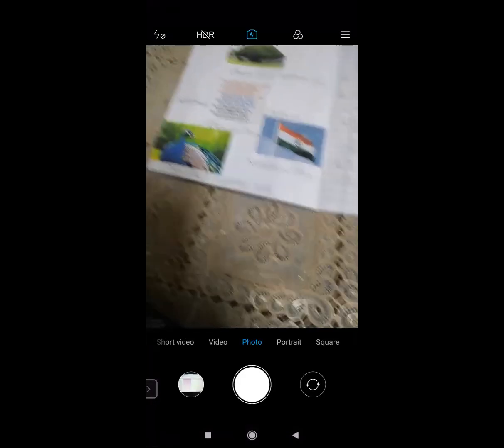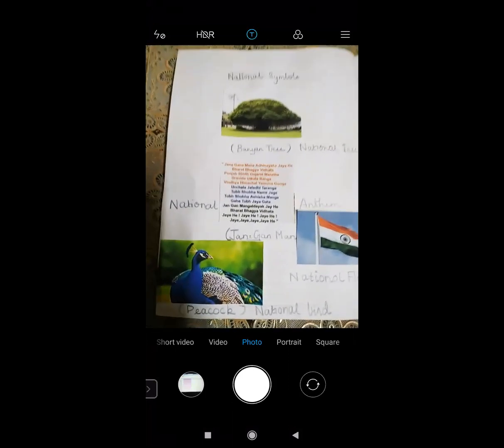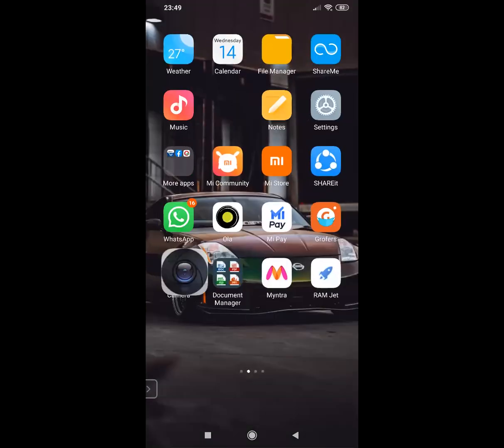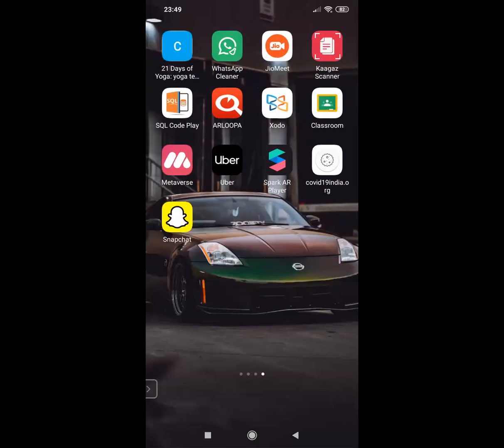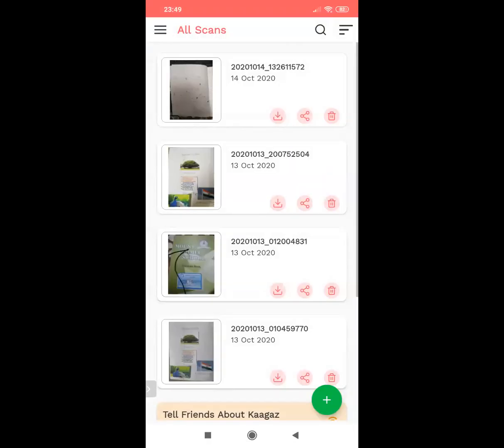and here you can see that there are a few pages which I am seeing. Okay. So basically, I don't need the camera, I'm sorry. I need to go to the scanner directly. Fine. So this is how it gets started. And let's start with this plus button on the right hand side corner of the screen. Okay. So let's start with this.